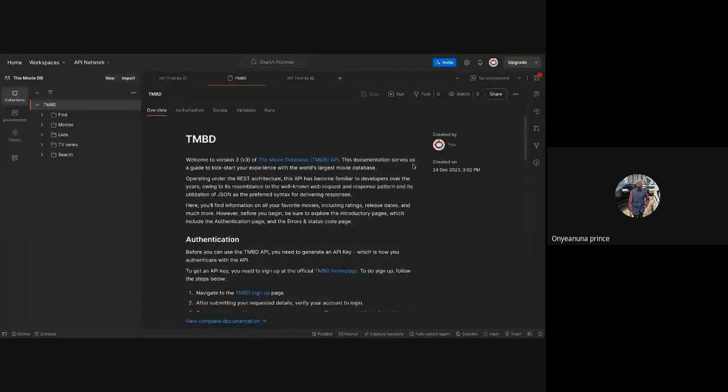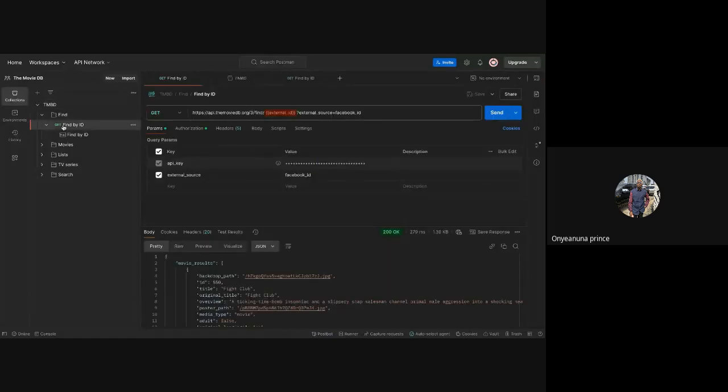All right, so I worked on this endpoint, and we're going to use this as a sample for this entire class. So this endpoint or this API is for the movie database. If you've heard of it, that's fine. So take, for example, we have the find by ID endpoint, and we're supposed to run a test to make sure